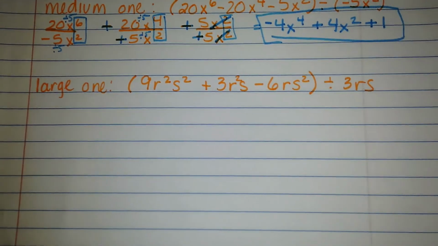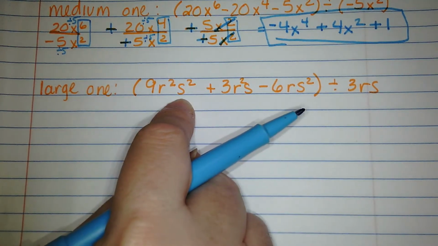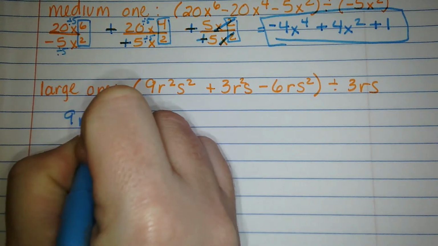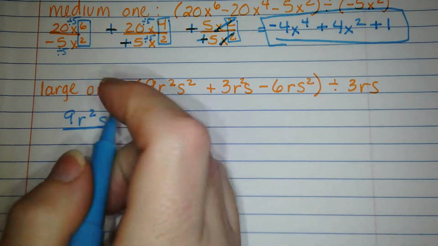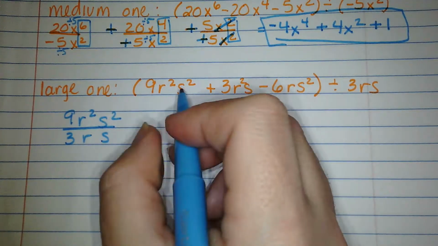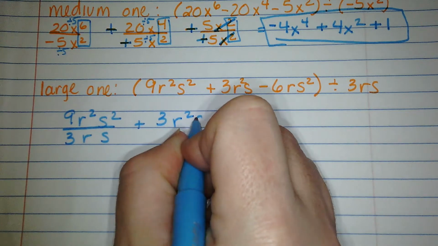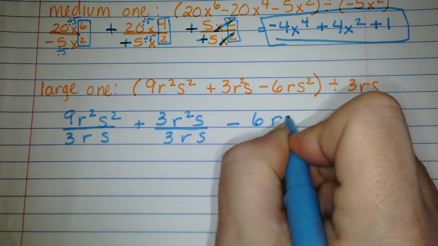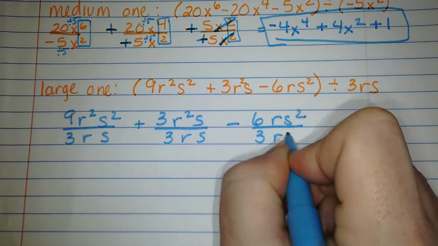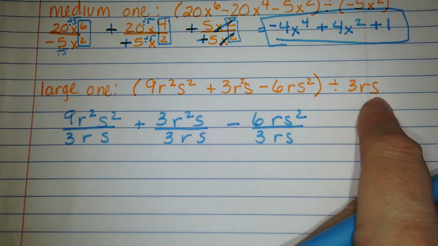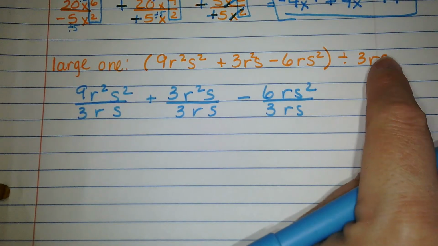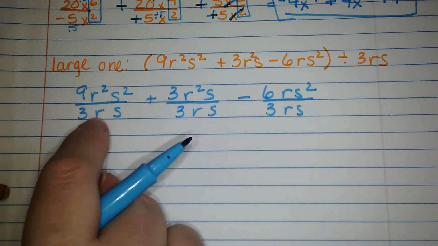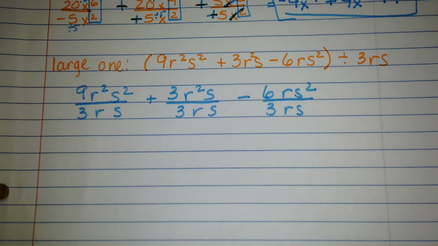When we do large ones, the only difference is we have to account for different variables. So we're still splitting this up. So this is going to be 9r squared s squared divided by 3rs plus 3r squared s over 3rs minus 6rs squared over 3rs. So we're basically splitting them up just like we did before. Don't get nervous about having more than one exponent, or more than one variable, because you're doing it the exact same way. We're going to start by tackling the